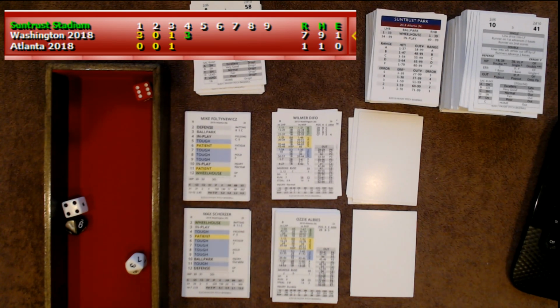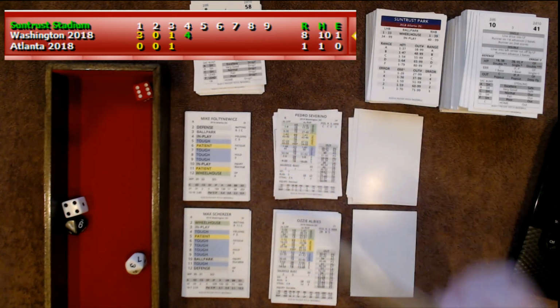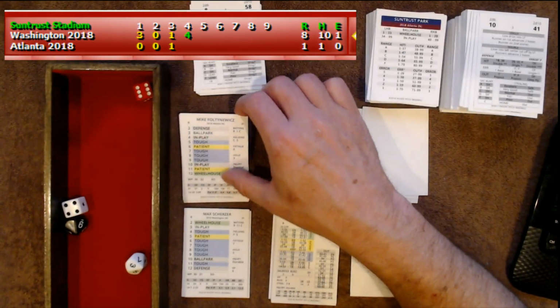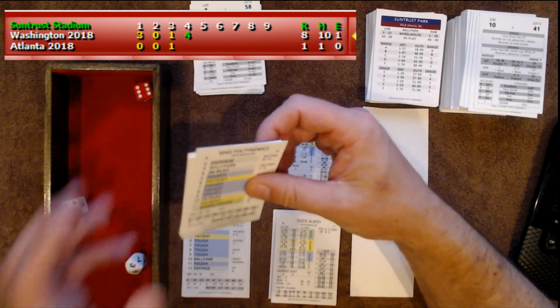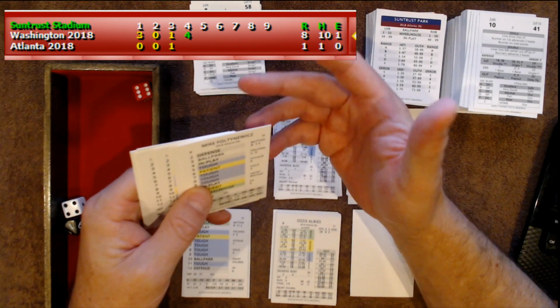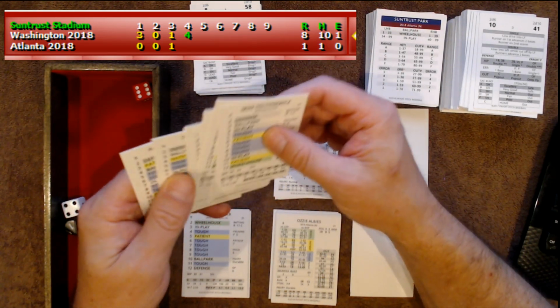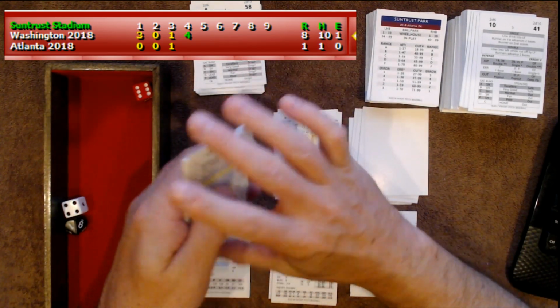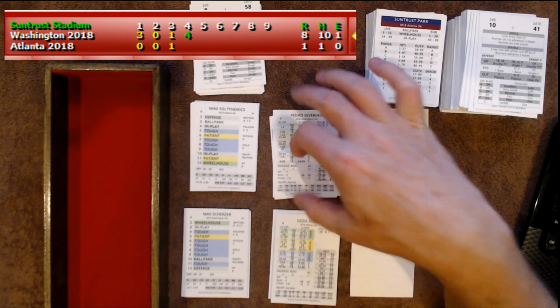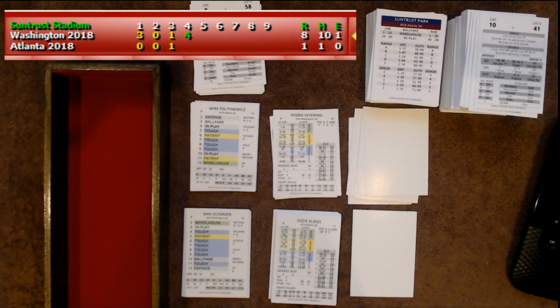Oh my gosh, another single, scoring and moving to third on the play. He's given up 8 runs here in the first 4 innings. And you know what? Fulton Evowich, 2 away. Can he get 1 more out is the question. I hate to bring in... We're gonna leave him in for 1 more batter.